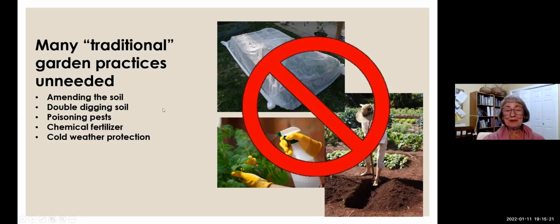You don't have to be poisoning pests as much. You don't need chemical fertilizer at all. Compost is wonderful. It will do more for your garden than any chemical fertilizer. And I don't know if you realize it, but chemical fertilizer is actually a salt. And as it breaks down into your soil, it adds salt to it, which is not good for most plants,